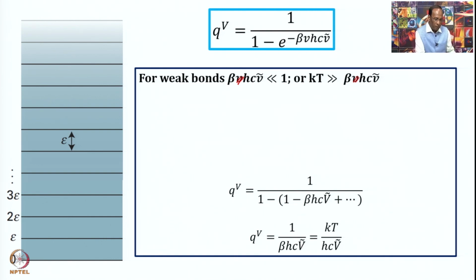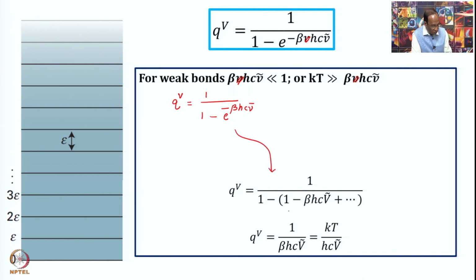When the temperature is very high, then I have Q_V equal to 1 over 1 minus exponential minus beta h c nu bar. This is very small, right? If you treat this beta h c nu bar as x, and x is very small, then you can